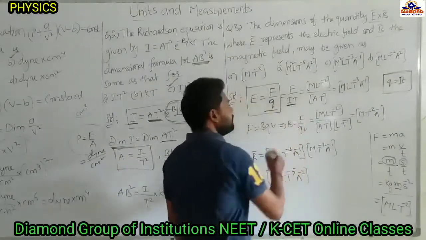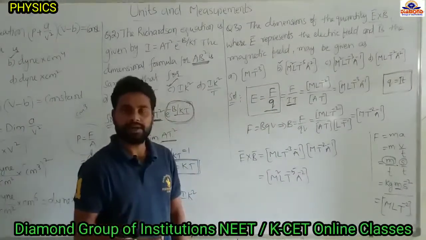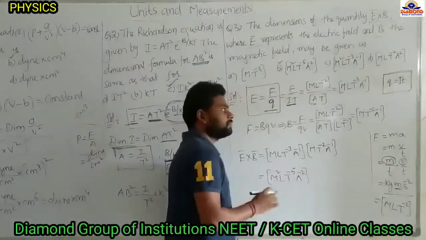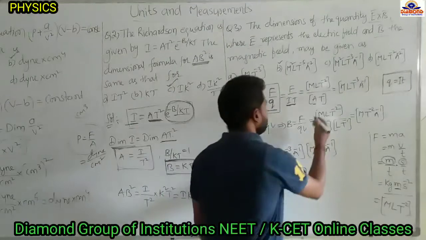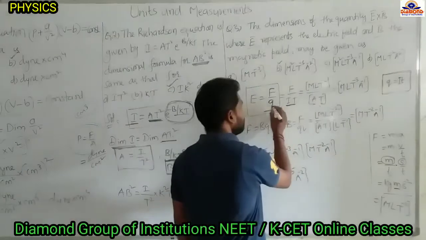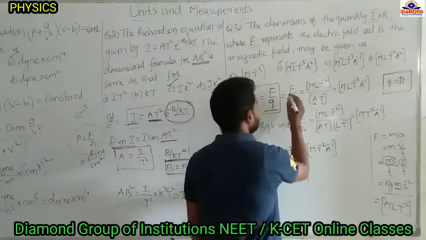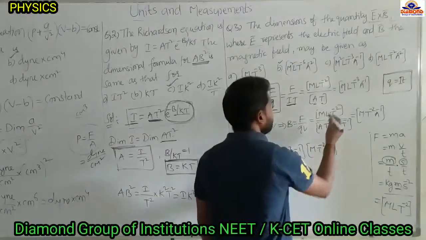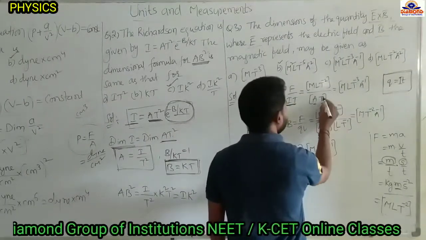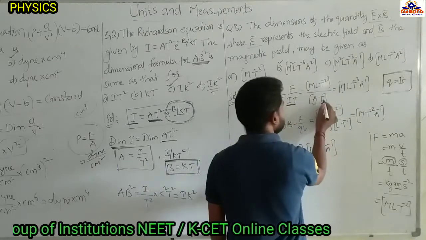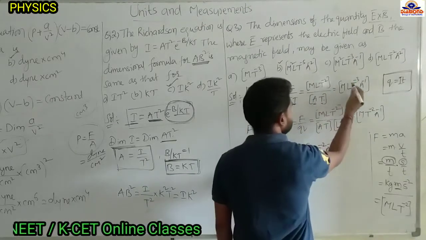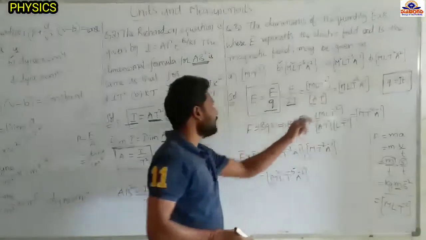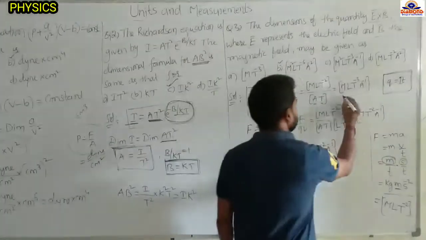I is the current, the unit of the current is ampere, so the symbol is A. T is the time period, so the symbol is T only. So the dimensional formula of the charge is AT, and the dimensional formula of the force is M L T power -2. Now shift to the upside, we will get L, T power -2, and so on. Shifting to the upside, it will become -1, -2, -1, -3. A is there, shifted upside, A power -1. That is the dimensional formula of the electric field.